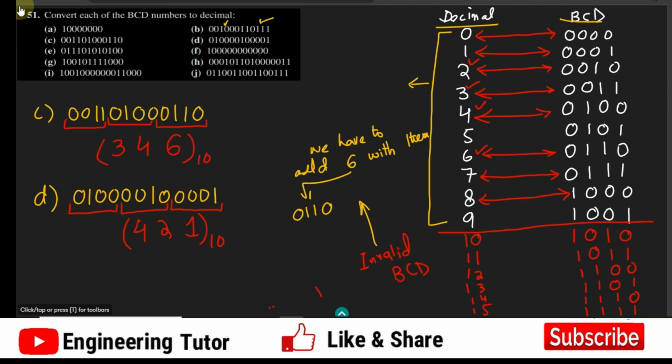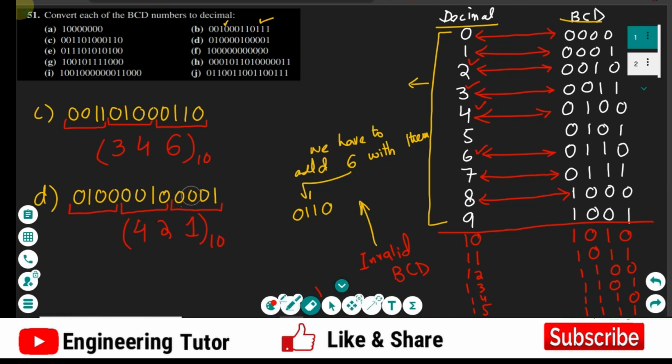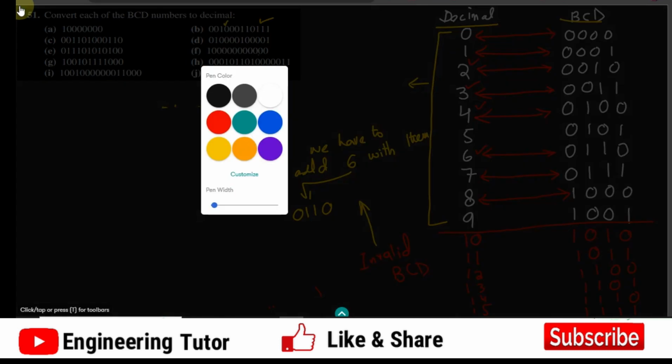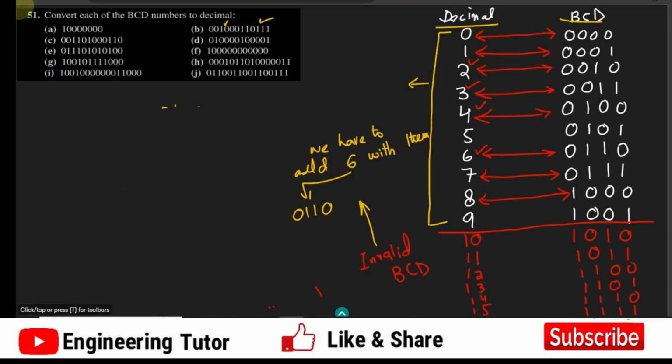numbers. So in order to check the other numbers as well, let me remove them, and let me try part E here. As you can easily see, I am looking for the invalid BCD numbers, and looking for the question where I will get an invalid BCD number, to tell you how to convert those invalid into valid BCD numbers. So in part E we have 0111,